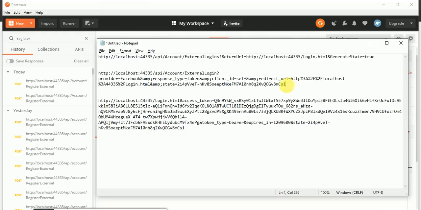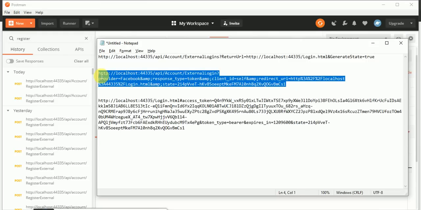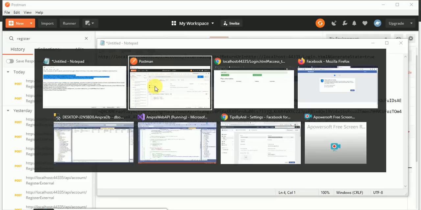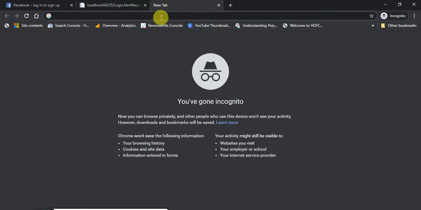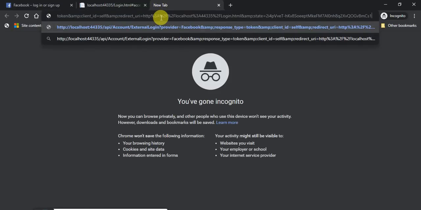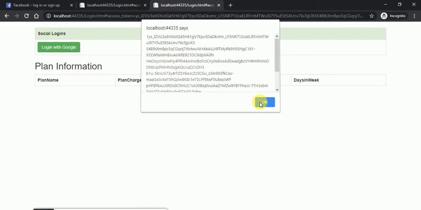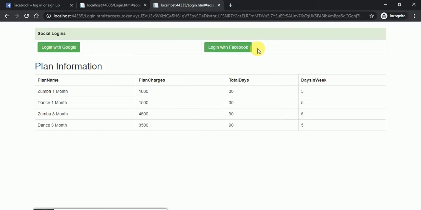Using that identity user, web API will give us another token, and using that token we can authenticate our user. You can see the data table also came over here.